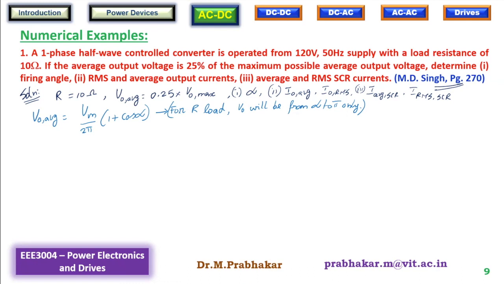Now we are given that its value is 0.25 into V naught max. V naught max will occur at alpha equal to 0. Therefore, 0.25 into V naught max equal to Vm by 2 pi into 1 plus 1. Cos 0 is 1, 0 degrees. So from this you can find out